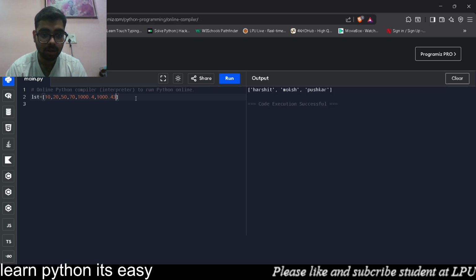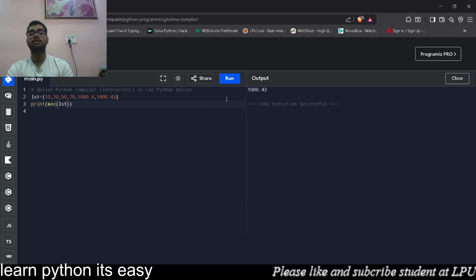Okay, and now if I write print max of lst and enter it, it has given me the maximum value for sure. If I write min instead of max and do it again, it will give me